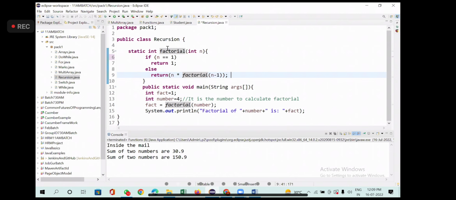Now what are you doing? N into, what is the value of n? 4 into factorial of, meaning calling the function. What parameter is provided? N minus 1. 4 minus 1, what will it give you? 3. This time n will become what? 3. 3 not equal to 1. Again it will come to else. Again n into factorial. You need to keep on calculating the n value like what we did